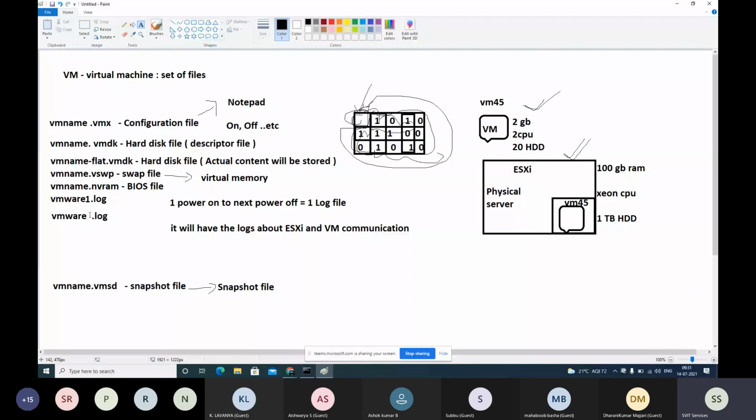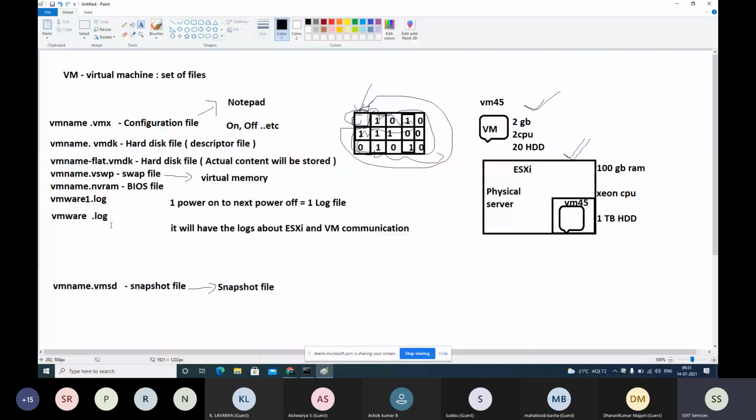So why will it be useful, when will it be used? If there is any problem, let's say yesterday at 8 p.m. in the night this VM was rebooted. If you want to understand why it was rebooted at 8 p.m., you read this log file and see. Either someone manually powered off, or it was initiated by the host for some other failure. Like that, to understand what happened at a particular point of time in the history, you can check these log files. And at the end of the course, we will see how to read these log files and how to find that particular issue. But remember, VMware.log is always the latest file. You need to check the VMware.log file.